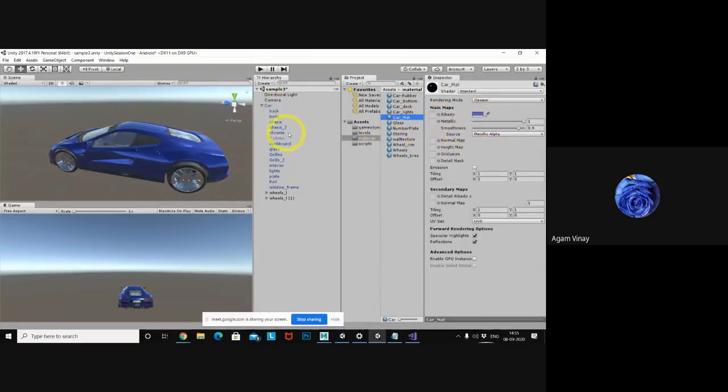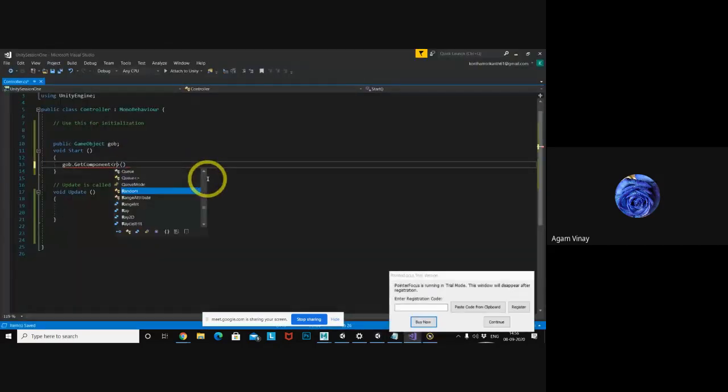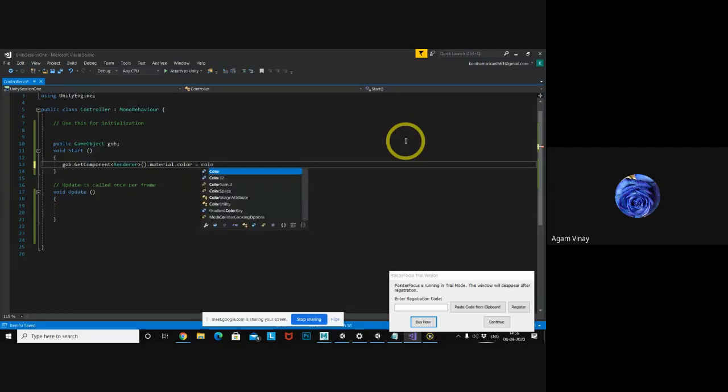So I will write renderer dot material dot color equal to Color dot red.